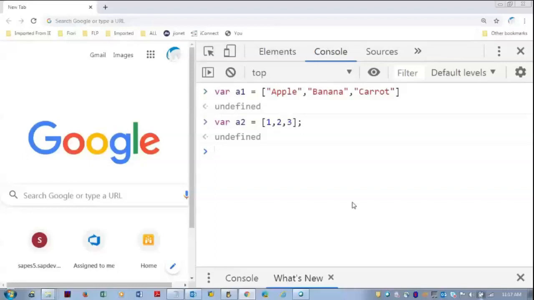Then we can concatenate these and put the result in a third array. a3 is equal to a1 dot concat of a2. So this is how a third array is prepared with a complete set of values.